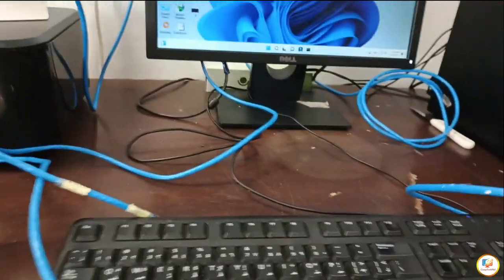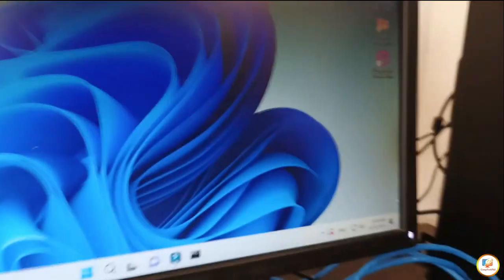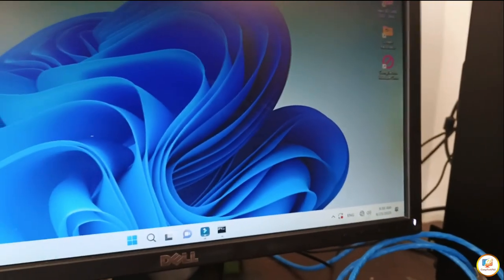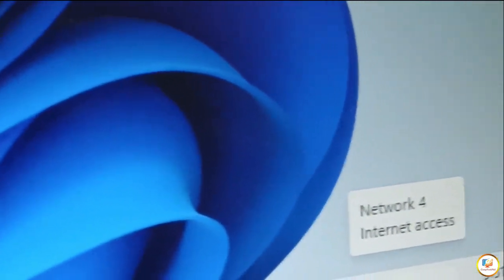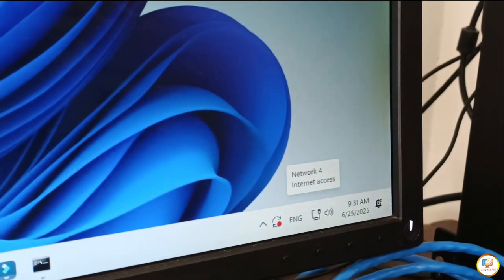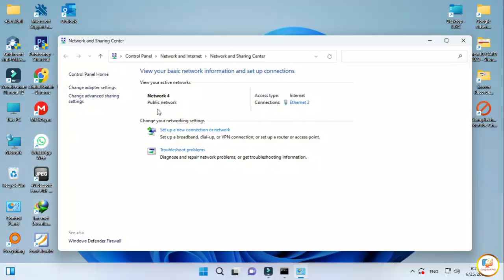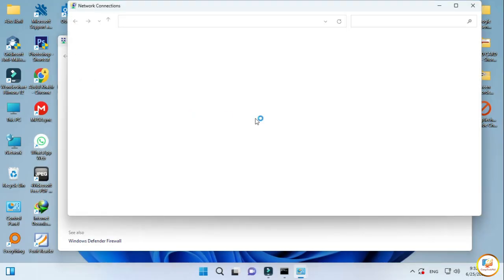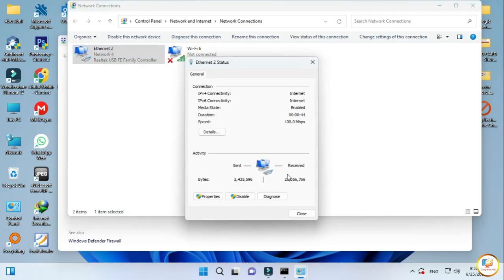Now, as we can see on our computer, we have internet access. If we open our network, as we can see here, it is connected, sending and receiving.